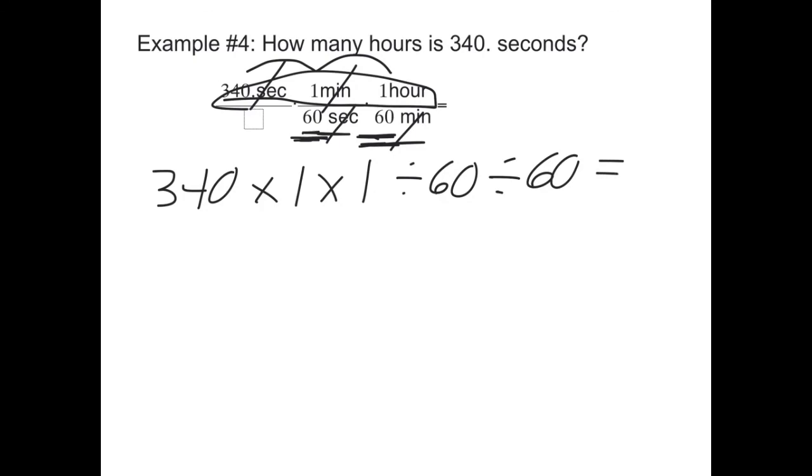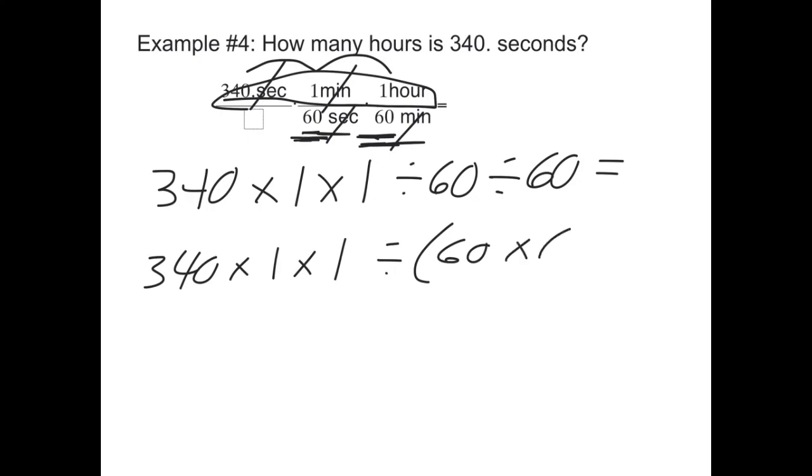Okay, so that's one way to do it in a calculator. Another is 340. Again, we'll put the times 1 and times 1. Then divide, then parentheses 60 times 60. If you parenthesize it, it keeps both of those things on the bottom where they remain. If you don't parenthesize, you have to do it this way. Okay. Either way, you're going to get the same answer, which is, let's see, let's calculate it. Let's see, it comes out to